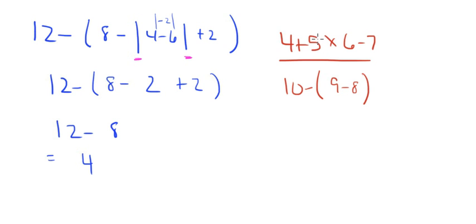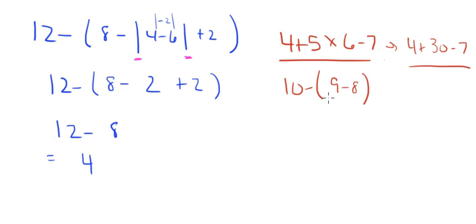Tanisha? Yes, we're doing the multiplication first, right? So this is going to wind up being, if I do my next step, how do I want to show this? Like this, it's going to be 4 plus 5 times 6 is 30 minus 7, and we're dividing that by,